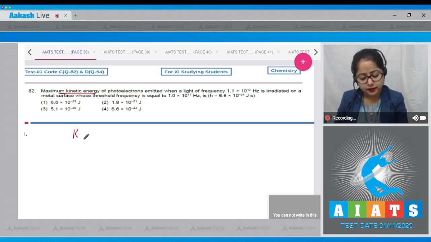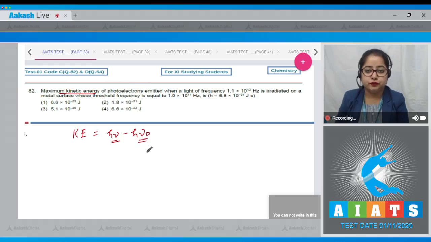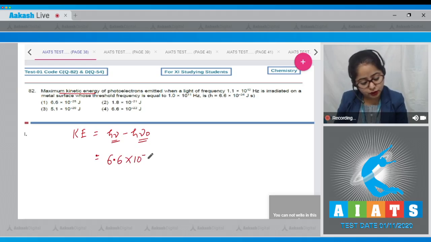Students, here we have to calculate kinetic energy, which is equal to h nu minus h nu naught. Nu is the frequency of the incident light, and nu naught is the threshold frequency. So let's take h common. So 6.6 into 10 to the power minus 34 into nu minus nu naught. Nu is 1.1 into 10 to the power 12 minus threshold frequency, which is 1 into